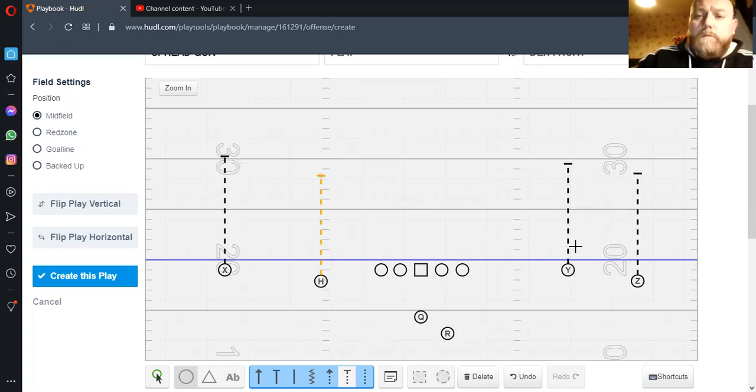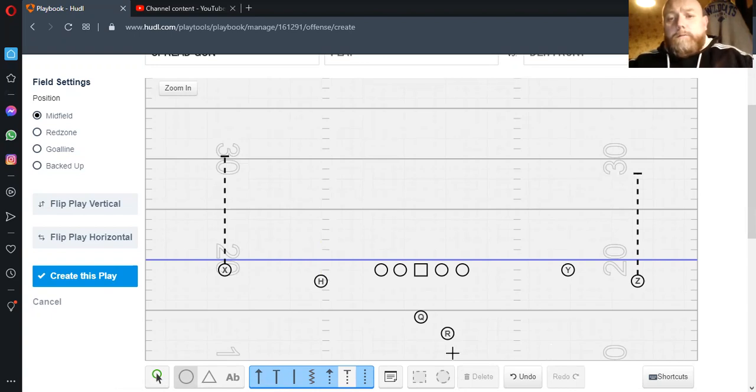Okay, I'll remove this one because this is where the play's evolved a bit more. We'll talk about that in a bit. For me, the running back,